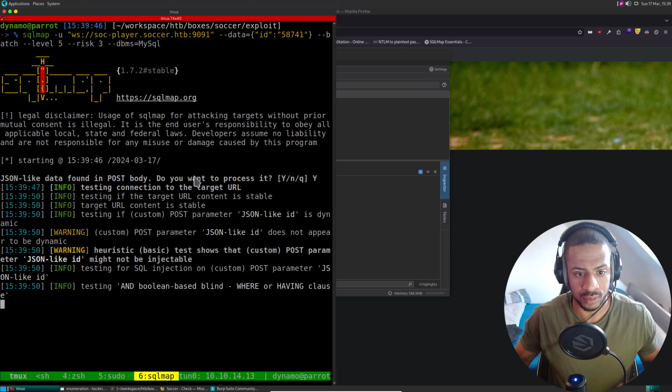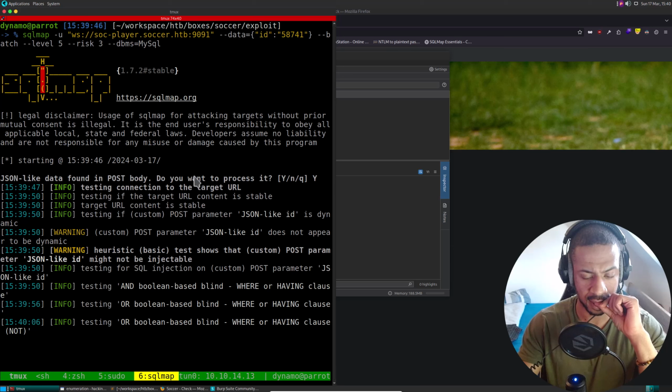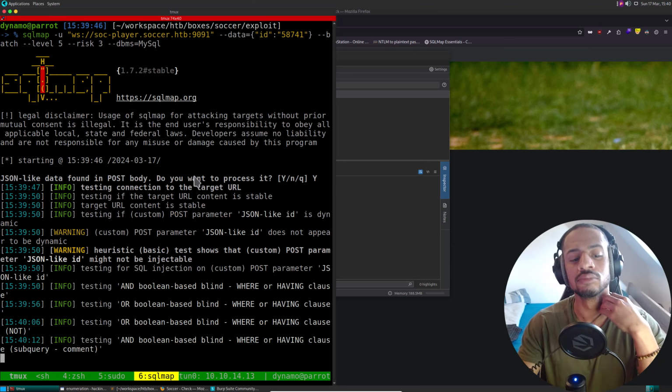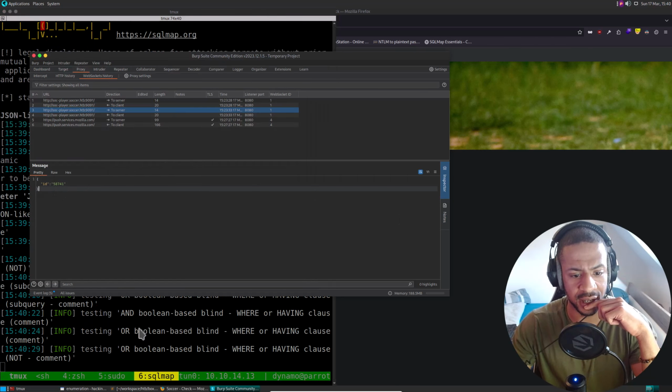Might not be injectable. Okay, I did something wrong. Let's see. JSON-like ID. I think there's something wrong with the data here.